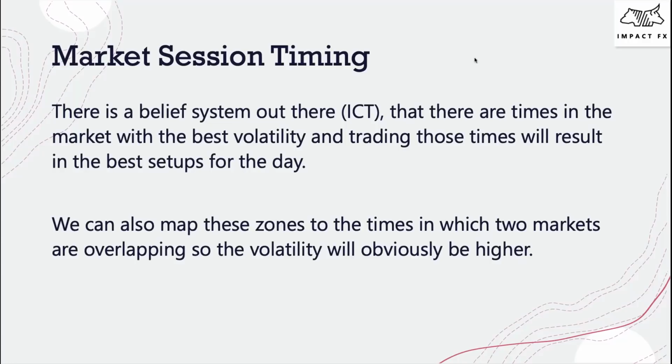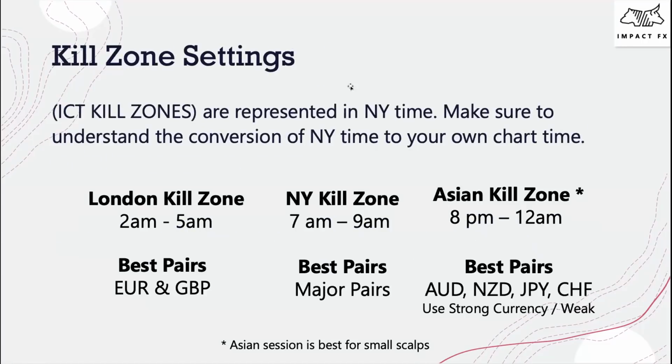Okay, so we're going to go into a bit about this and why, if you break down these zones, these kill zones map to the overlap of two markets. When you have the Frankfurt Open or the end of the Asian, you have the overlapping time frame. You've got your London overlap with New York, and why there's more volatility and why you can expect better moves during those times. So when we're talking about kill zones, now kill zones in ICT